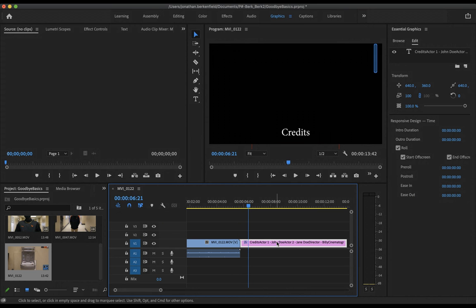You could do multiple text boxes inside the same graphic, and that would be fine as well. You know that you have the up here in your essential graphics panel. It shows how many layers you have. You could do that. This works just fine. So that is it for this